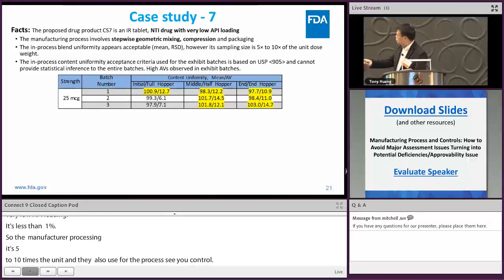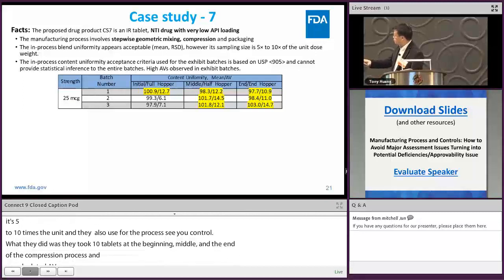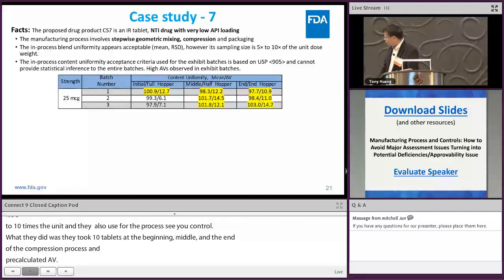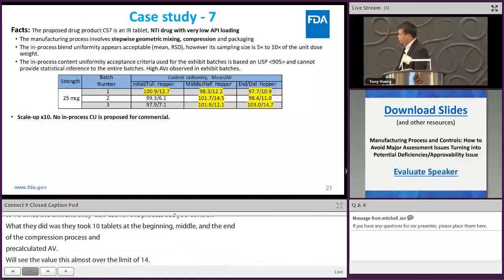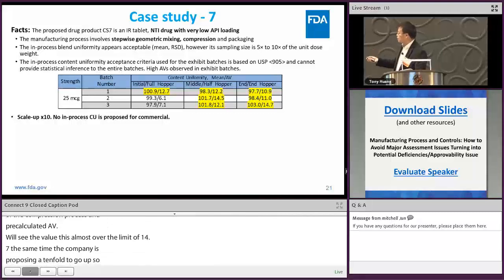And this table shows the mean and AV value of this 25 milligram strength. What you're going to see is that some AV values are pretty high. It almost reached the limit, the 14.7. And at the same time, the company is proposing a 10-fold scale up. So when you have this BU data and this CU results, you can definitely know that there is a high